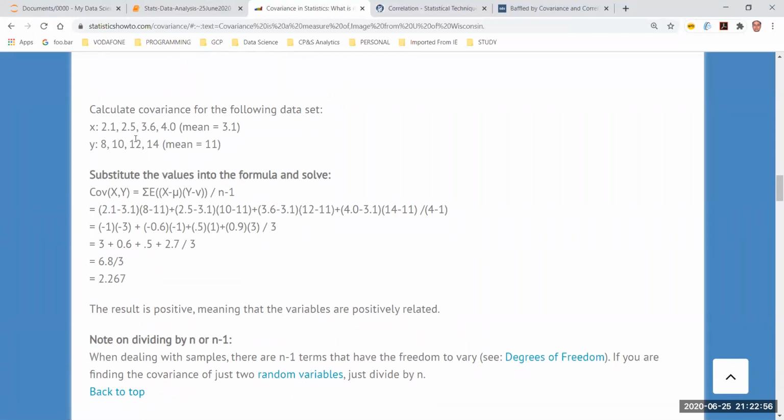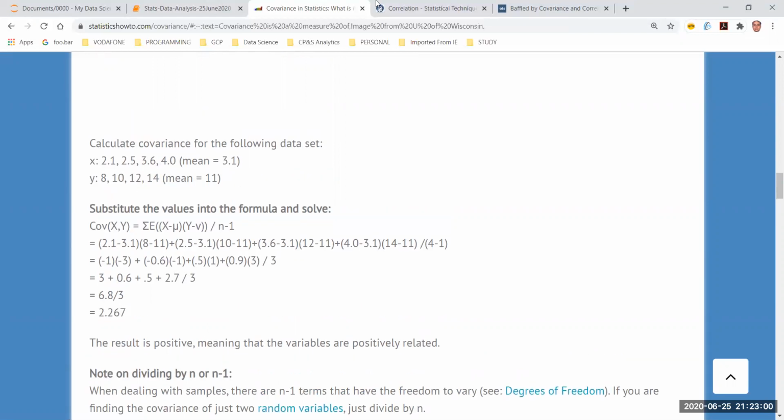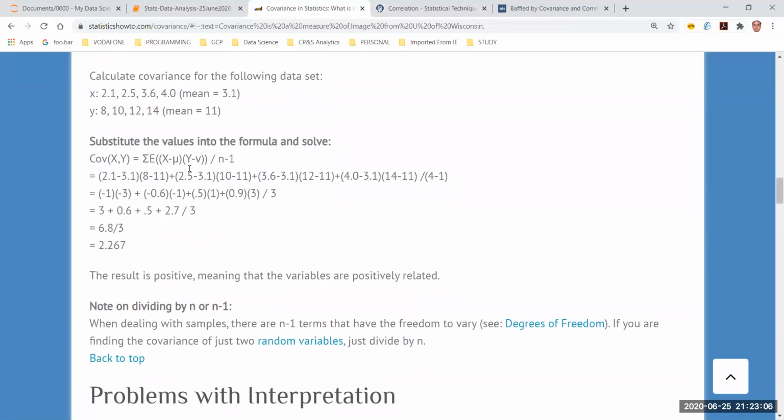So what it is trying to do, let's try to see what is happening over here. If we don't have time, we are going to look into correlation at a later stage. But covariance is from where correlation comes up. So without covariance, you cannot do correlation. We'll come to that.